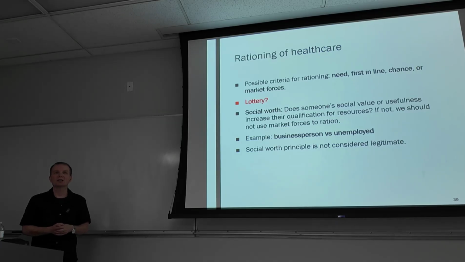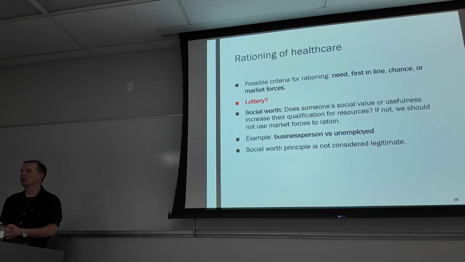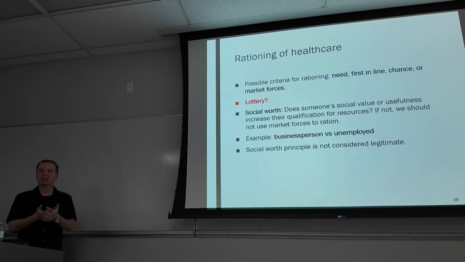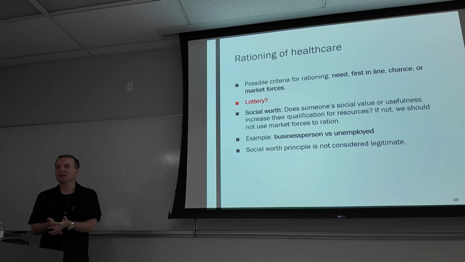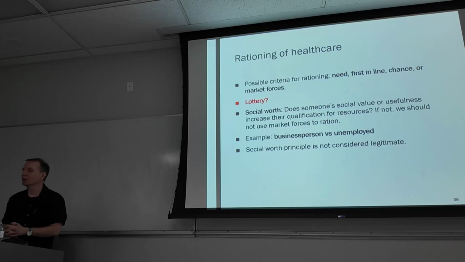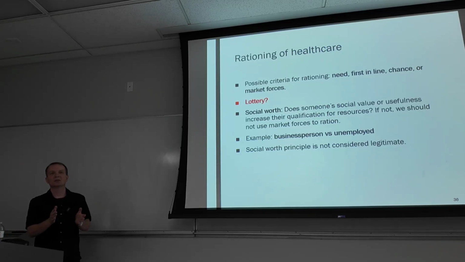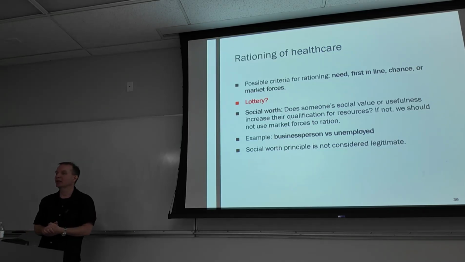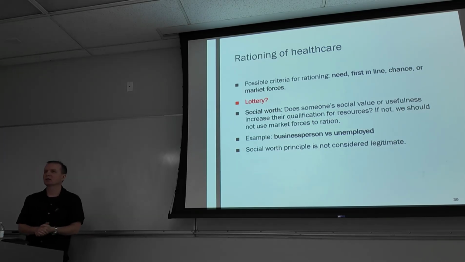Well, on one hand it seems fair because there's no human will attached to the outcome. But at the same time, could it be then that the outcome is far from ideal? Like let's say you have 10 people, 9 of them are 80 years old and about to die, 1 of them is 20 years old. You flip a coin and the 80-year-old gets it.